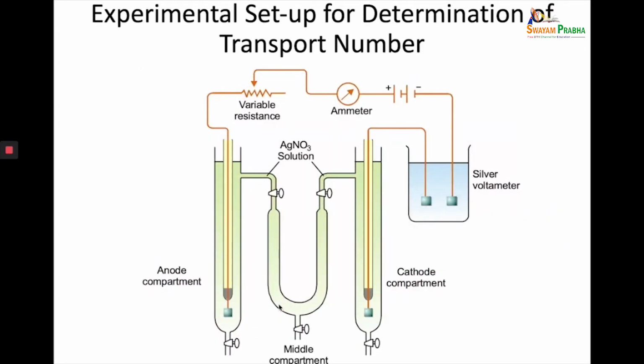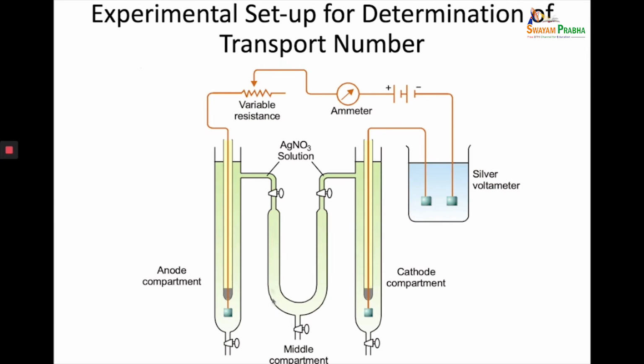Now let's look at the experimental setup for the determination of transport number. This experimental setup consists of two vertical glass tubes which act as the anodic and the cathodic compartment. They are connected to a U-tube which is also made of glass. All the three compartments have stopcocks through which the solution can be taken out and the concentration changes can be monitored. The mass and the concentration of the electrolyte in each compartment are measured at the end of the experiment. Knowing the original concentration, we can calculate the changes in the amount of electrolyte in each compartment.